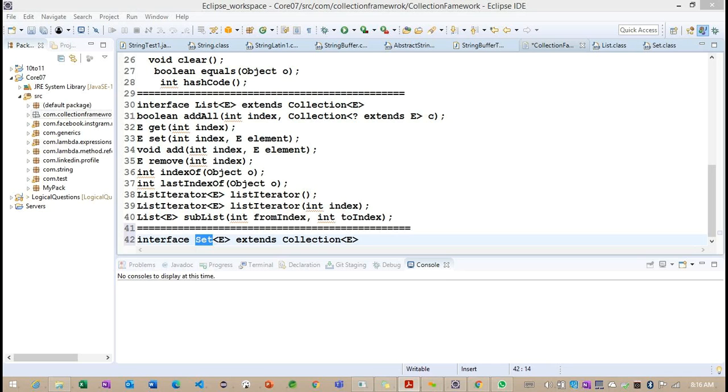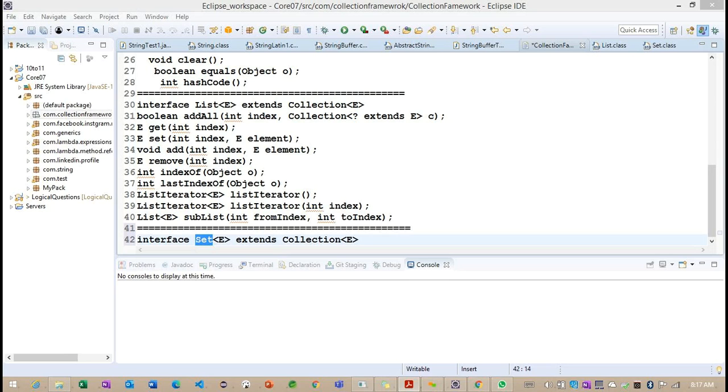If I try to add a duplicate object, it will return false. This is the way we can understand whether the duplicate object is stored or not.